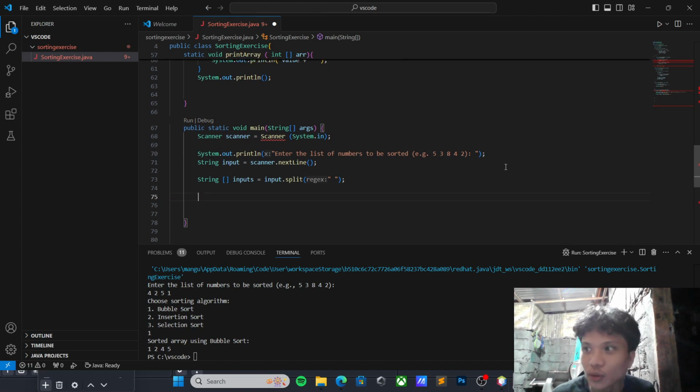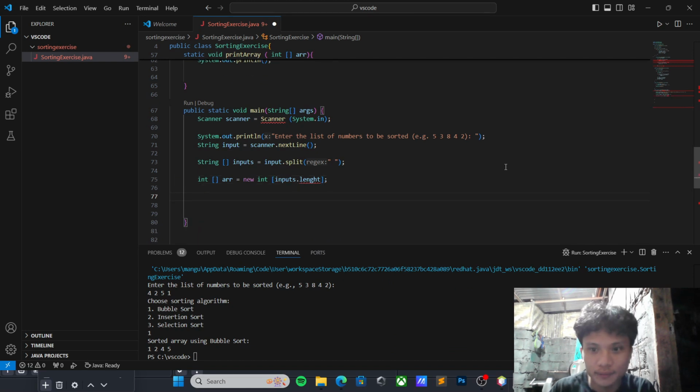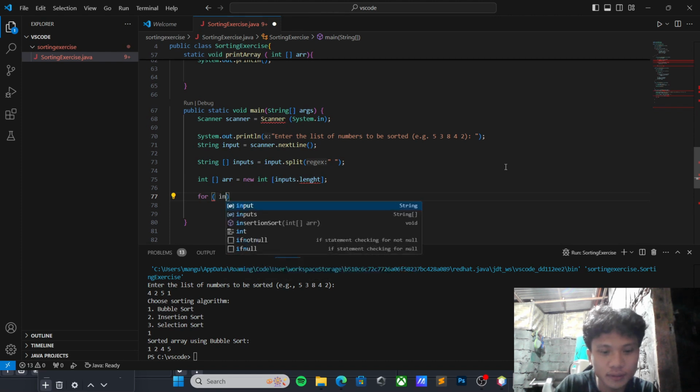So we have to convert substrings into integers. So it begins with int[] r equal to new int, then inside the brackets is inputs.length. Then we have to create a for loop: int i is equal to 0.